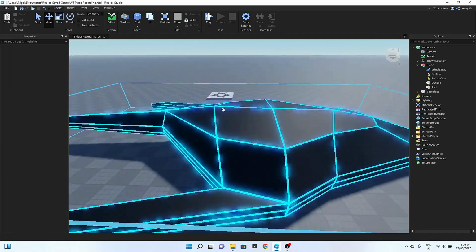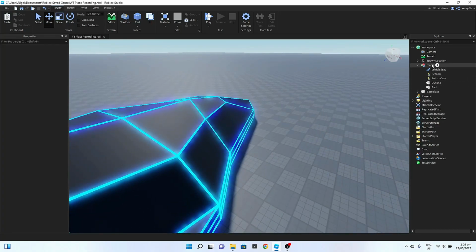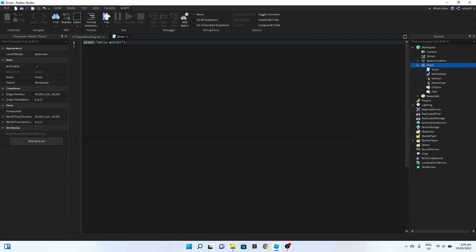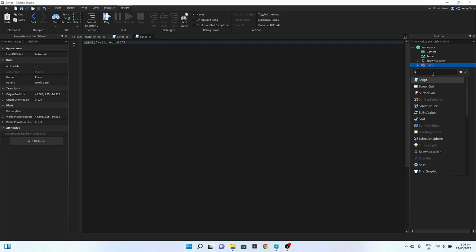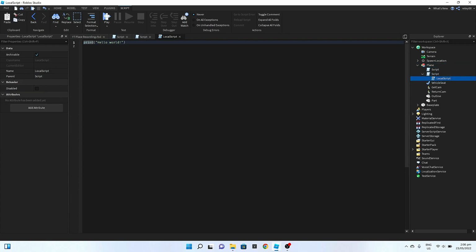And now what you need to do is add in a script. And this script is going to be the main script, but not the last script, because there's a few other scripts that we need before code work. So we need another script and 1 local script. Parent the local script with the script,